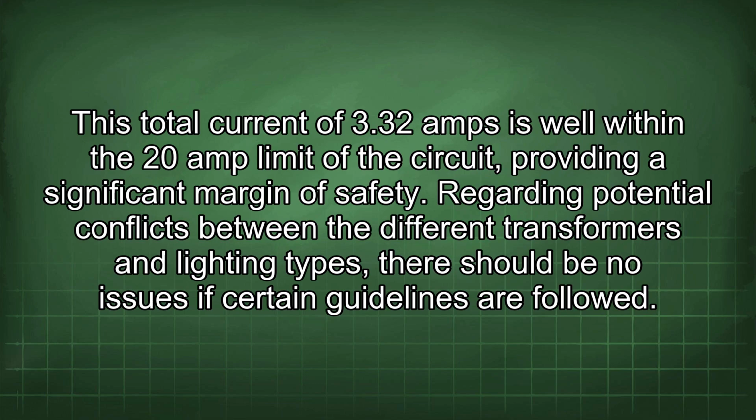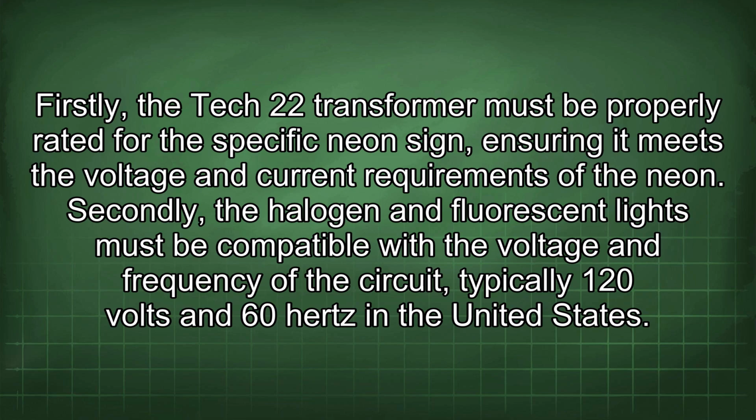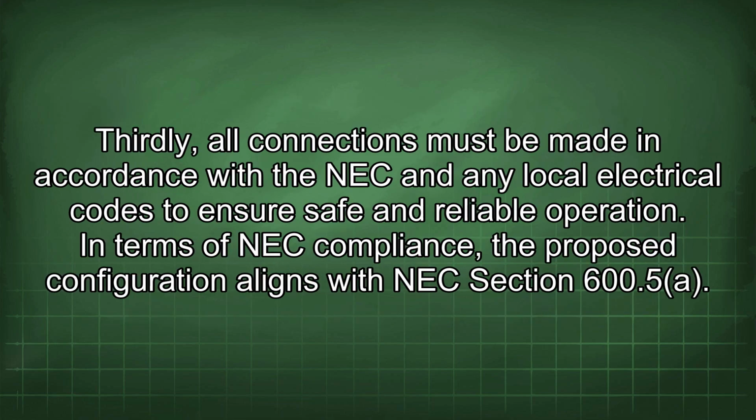Regarding potential conflicts between the different transformers and lighting types, there should be no issues if certain guidelines are followed. Firstly, the TEC22 transformer must be properly rated for the specific neon sign, ensuring it meets the voltage and current requirements of the neon. Secondly, the halogen and fluorescent lights must be compatible with the voltage and frequency of the circuit, typically 120 volts and 60 Hz in the United States. Thirdly, all connections must be made in accordance with the NEC and any local electrical codes to ensure safe and